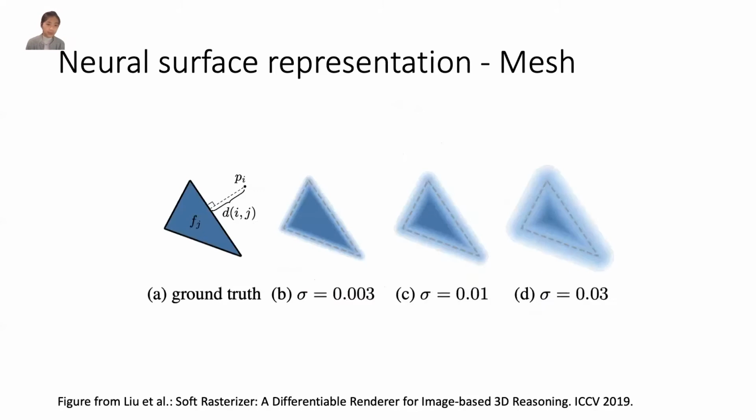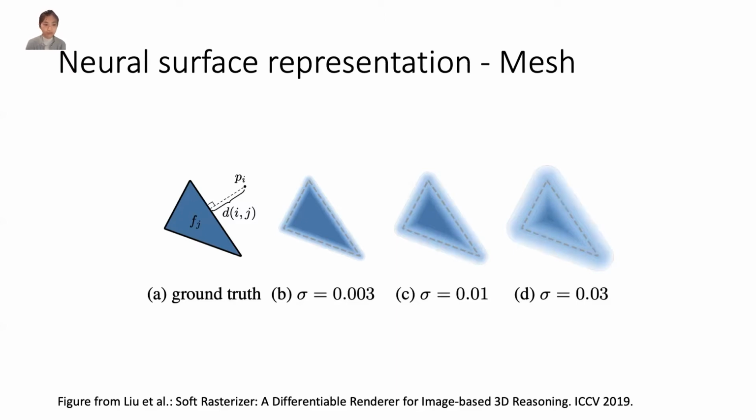The soft blending technique we have seen previously in the point representation can also be applied now to meshes. For example, Soft Rasterizer uses the distance to triangle edges to create this soft boundary, as you can see in